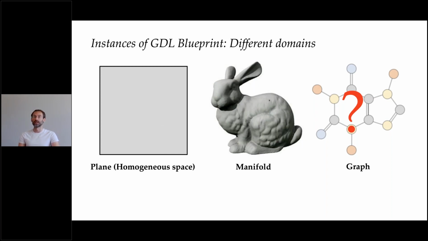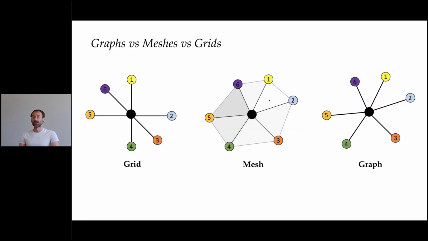You can think of a grid as a discretization of the plane, for example, or a mesh as a discretization of a manifold. But it's not clear what is the discretization of a graph. It is also obvious that graphs among all these objects have the least structure. If you look at the grid, for example, I have a canonical ordering of the nodes, right? I know which node is to the left and which is to the right. On the mesh, I have a canonical ordering up to rotation. I have ambiguity in selecting the first neighbor, but after I do it, I can order all the rest in, let's say, clockwise orientation.